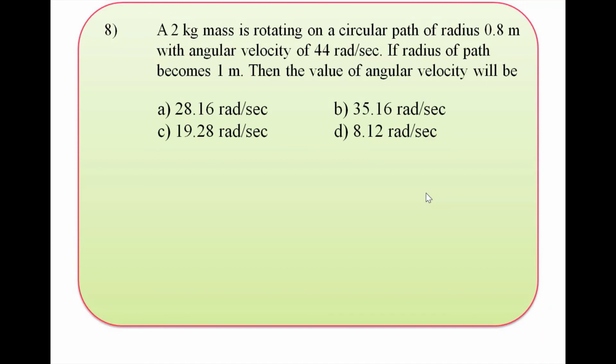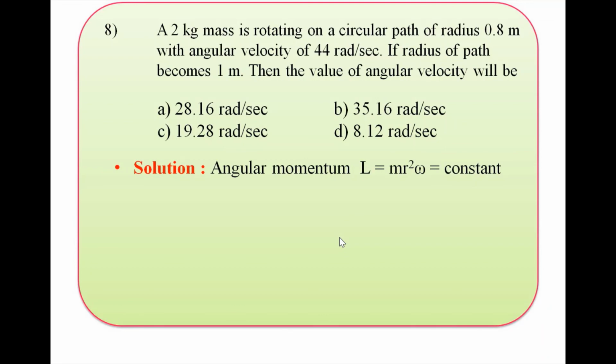Option A is 28.16 radian per second. Option B is 35.16 radian per second. Option C is 19.28 radian per second and option D is 8.12 radian per second. So let's see how to solve this objective. The solution is,